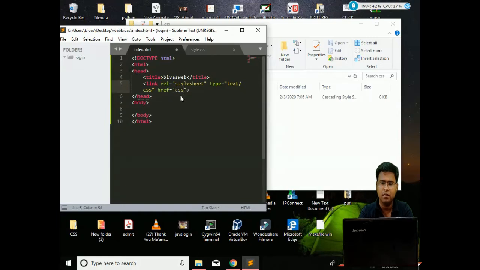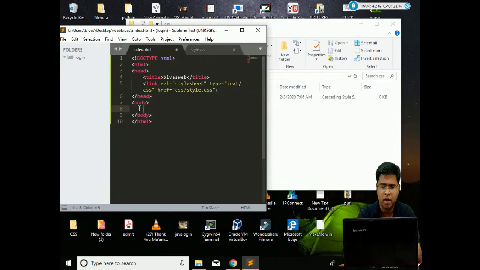We need to write style.css, so it will get connected with our CSS file. Otherwise, nothing will come.